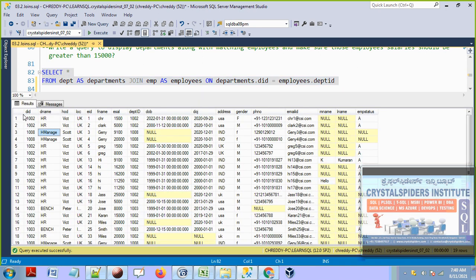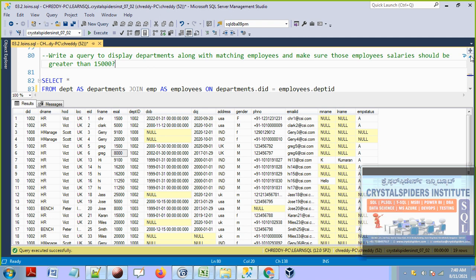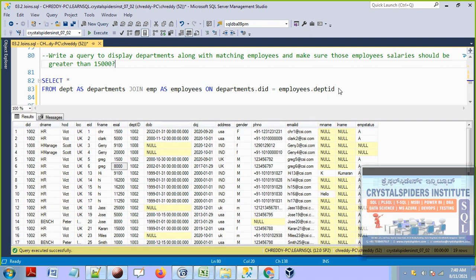And I don't want all these records, sir. After joining, I want to see only the employees whose salary is greater than 15,000. So how do we do this? We can simply use the where clause. Later we will address how to apply conditions on the ON predicate. All that will come. For now we can follow the QLP as per QLP only. We are going to do this for now. Later we will do that. Okay, so eSal greater than 15,000.